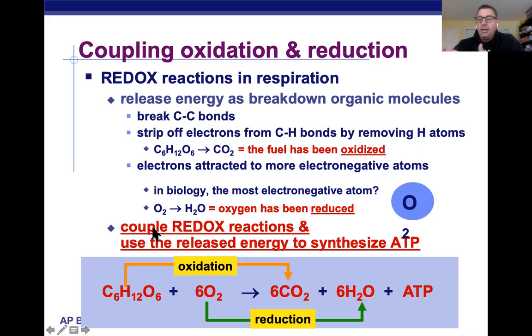Within our cells, we couple these redox reactions together and use the energy released to make ATP, because remember, adding a phosphate group onto ADP is an endergonic process. It requires an input of energy,